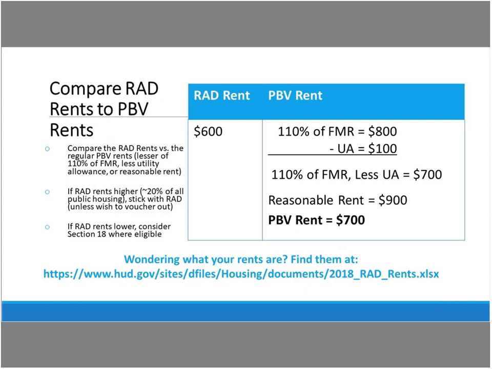So, great question. For purposes of this slide, and for purposes of these comparisons, FMR is typically used because that's available information, and it's what payment standards are indexed to. If your housing authority has set payment standards, I would use those. So your payment standard should be within the percentage range of your FMRs that is permissible. So if your housing authority has payment standards and you use those payment standards to determine PBV rents, use your